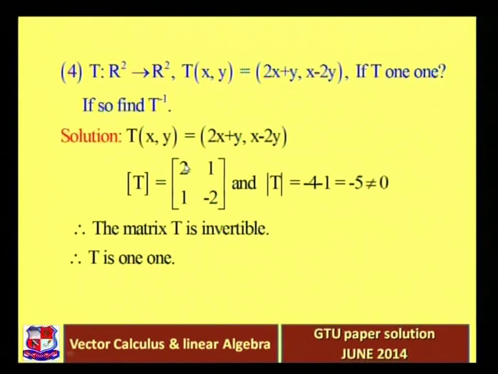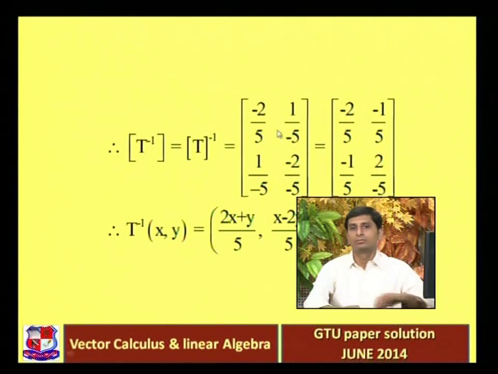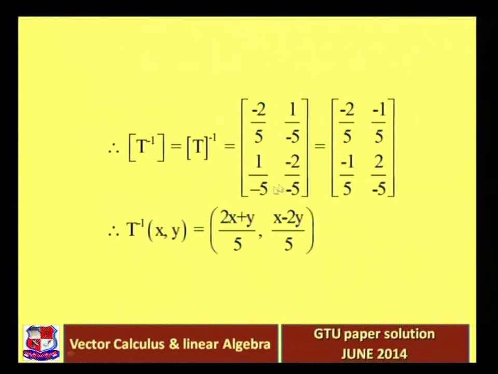interchange these two elements, so minus 2 comes here and 2 comes here, and then change the sign of the other diagonal elements, so these become minus 1. So minus 2, minus 1, minus 1, 2, correct? And divided by its determinant, which is minus 5. So minus 2 by 5, 1 by 5, 1 by minus 5, minus 2 by minus 5. So that is equal to 2 by 5, minus 1 by 5, minus